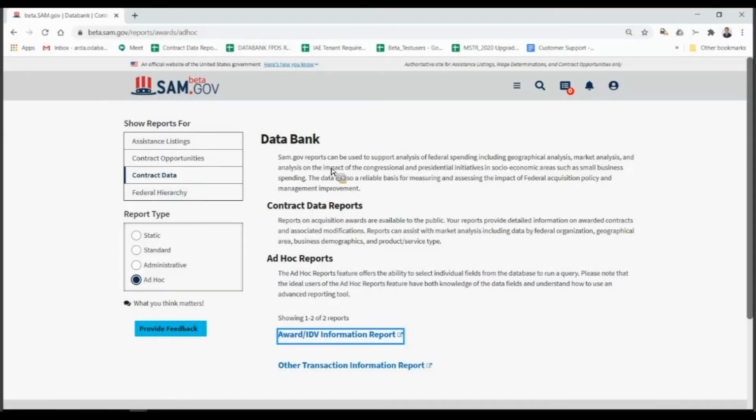In Databank, we have an area called Ad hoc Reports that's located under Contract Data. Select the Ad hoc radio button under the report type. Once that's clicked, you will be given an option to choose between two URLs. The very first URL, stating Award/IDV information report, contains contract data reports that are